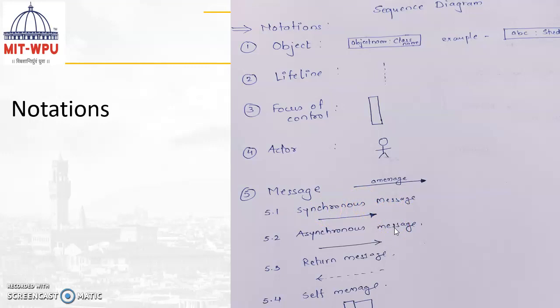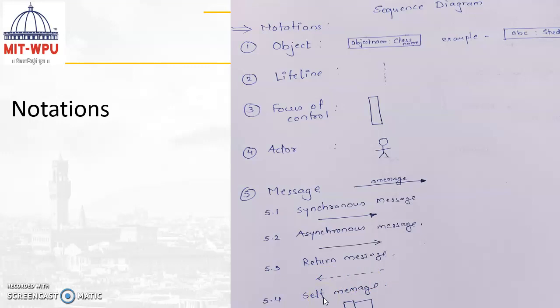Another type of message is asynchronous message. Meaning of asynchronous message is here the object 1 is not waiting to get a reply message from object 2. When we are using synchronous message passing, the return message must go towards the initial object, and that we can represent with a dotted line followed with an arrow.